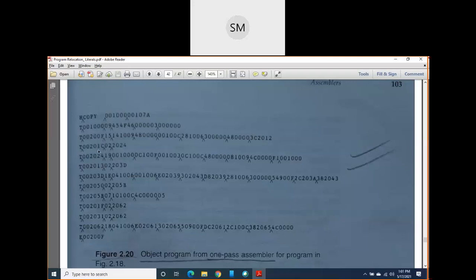So now, what is this 201C? As I already told you, JEQ end file is in line number 30. And if you observe the address of JEQ, it is 201C. It means 201B it is actually.